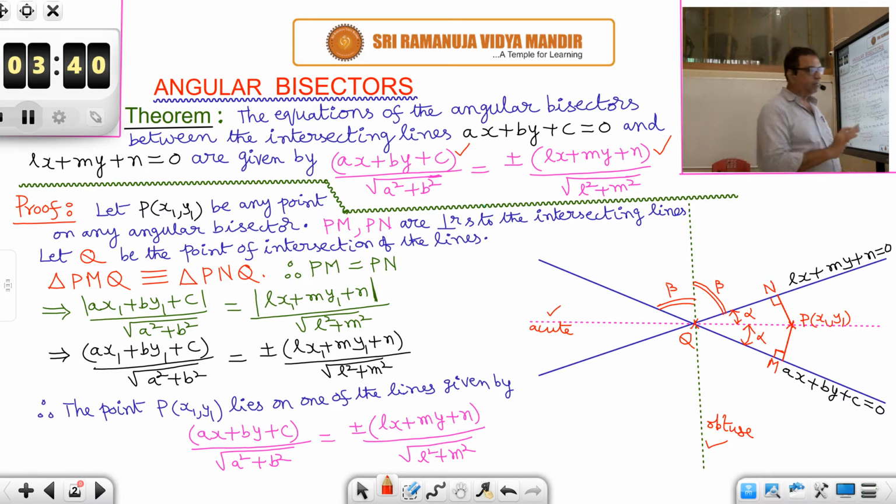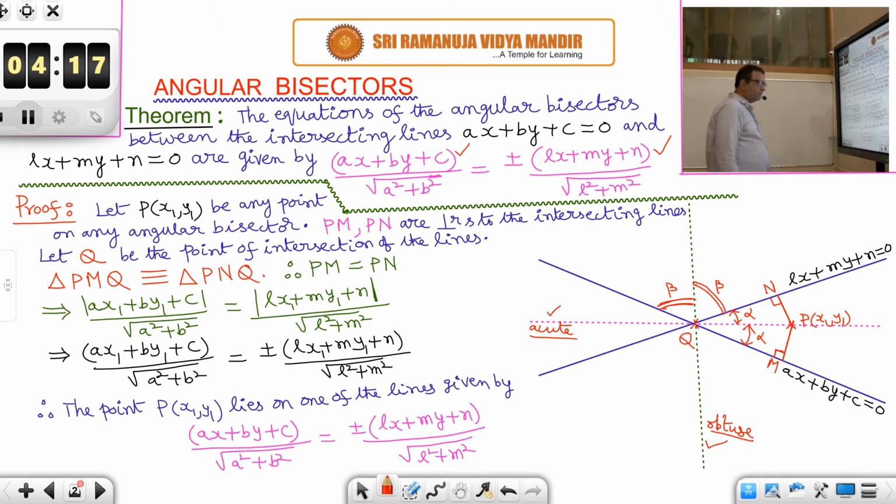What is the measure of the obtuse angle between the two lines as shown in the diagram? So beta this side and beta that side. That means 2 beta is the actual obtuse angle between the two lines, and this green dotted line, that is the obtuse angle bisector, is dividing that angle into two equal parts, beta and beta. So it is the obtuse angle bisector. Now how to find the equations of this pink dotted line and this green dotted line?